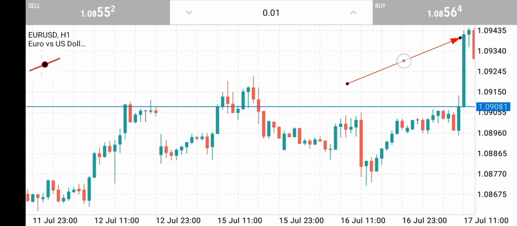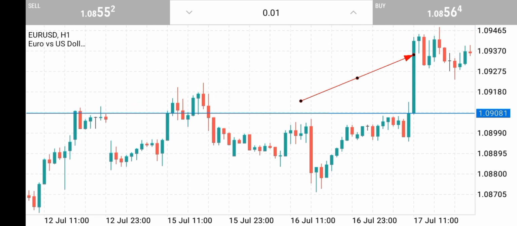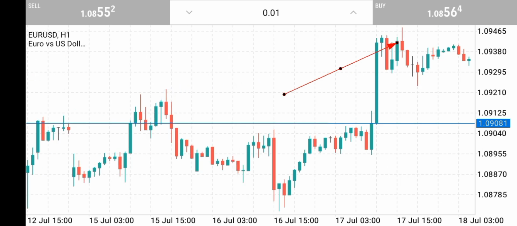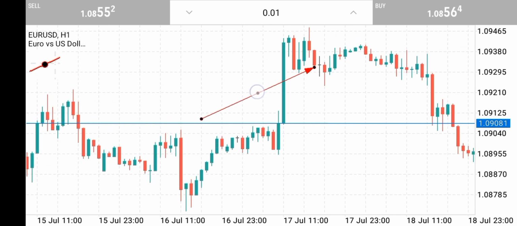So instead of the price getting to this place and ending up falling down, and the trader ending up missing the trade because the trader has other things to do,